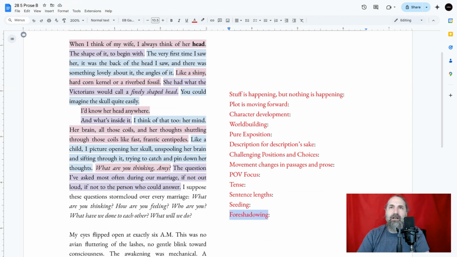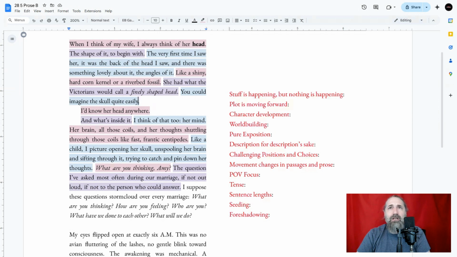Seeding earns the right. So, if I say, oh yeah, I know Long Island, I grew up there, and later Long Island comes up and someone asks, what do they call Montauk? Oh, Montauk Point. How do they know that? Well, we already know they grew up on Long Island. That's seeding. But if they say, I heard the Montauk Point is haunted, that means we're foreshadowing the fact that it may or may not be haunted. It may be discovered that it isn't truly haunted or that it actually is.